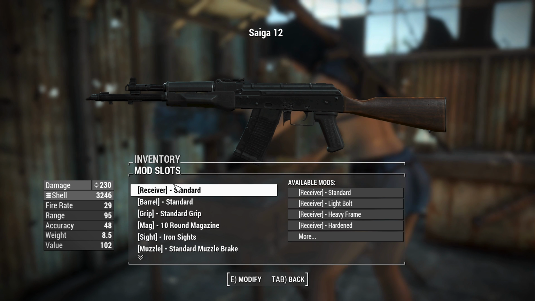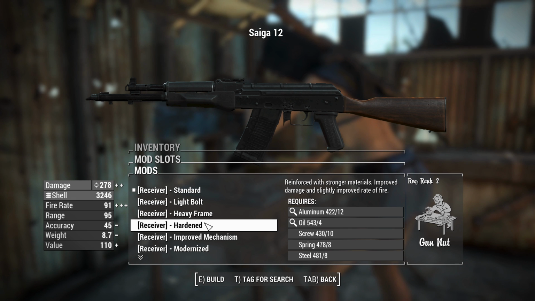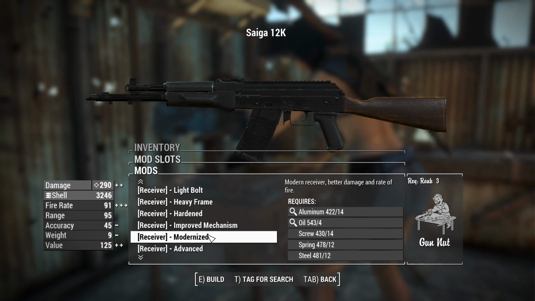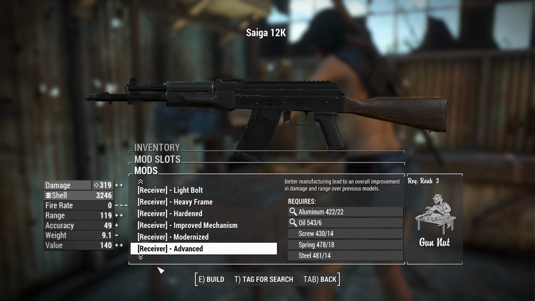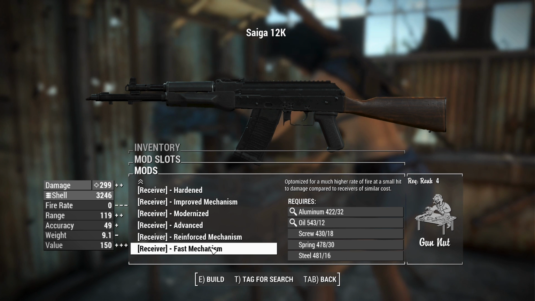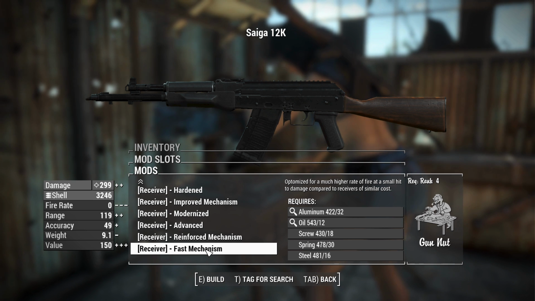Let's get into the attachments. First of all, we've got the receivers. We've got a light bolt, heavy frame, sort of reworded stuff that you'd find from the vanilla sort of game lineup of legendaries. You've got improved mechanism modernized, which gives it a nice tactical rail, I guess, which is good for mounting attachments on, but if we chuck that on advanced, that seems to get better damage. We can go reinforced, and fast mechanism gives us the fires as fast as you can pull the trigger, which